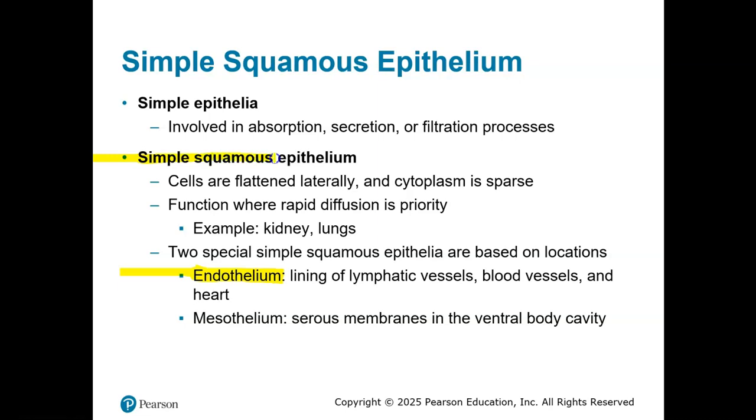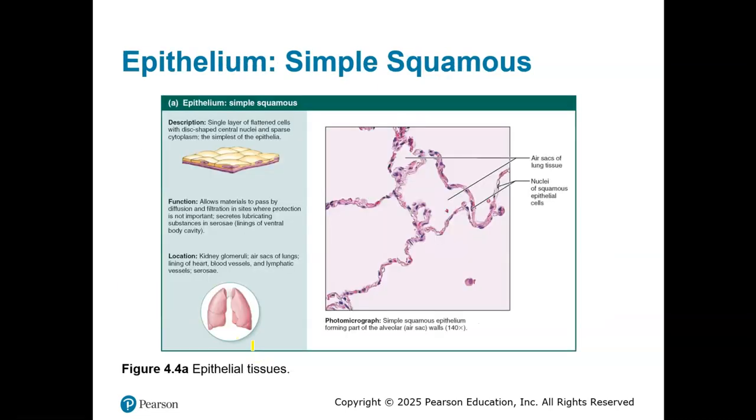simple squamous epithelial tissue. And mesothelium lines serous membranes. The serous membranes are the membranes that line the heart and the lungs and then the abdominal organs. There are 3 different serous membranes, but mesothelium is found in the serous membranes, and it is composed of simple squamous epithelial tissue. So what we're looking at here is a microscopic image where you can see the simple squamous